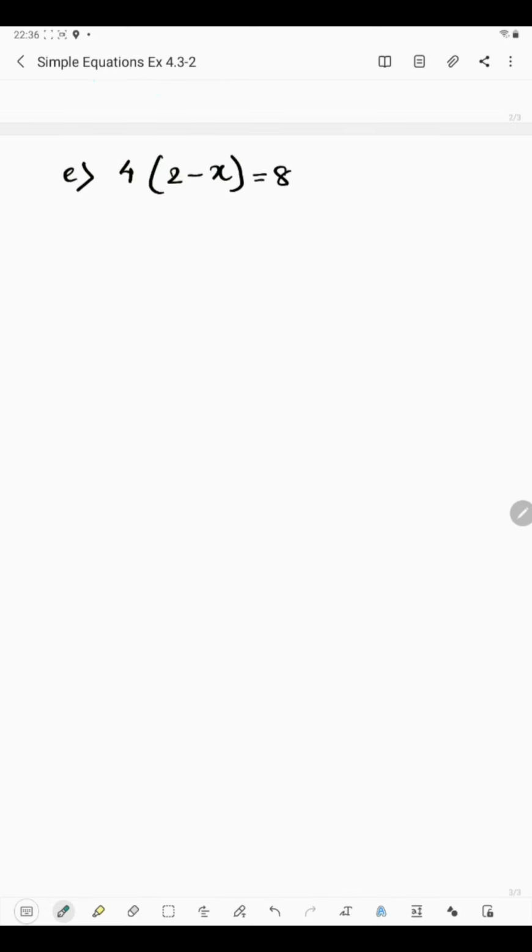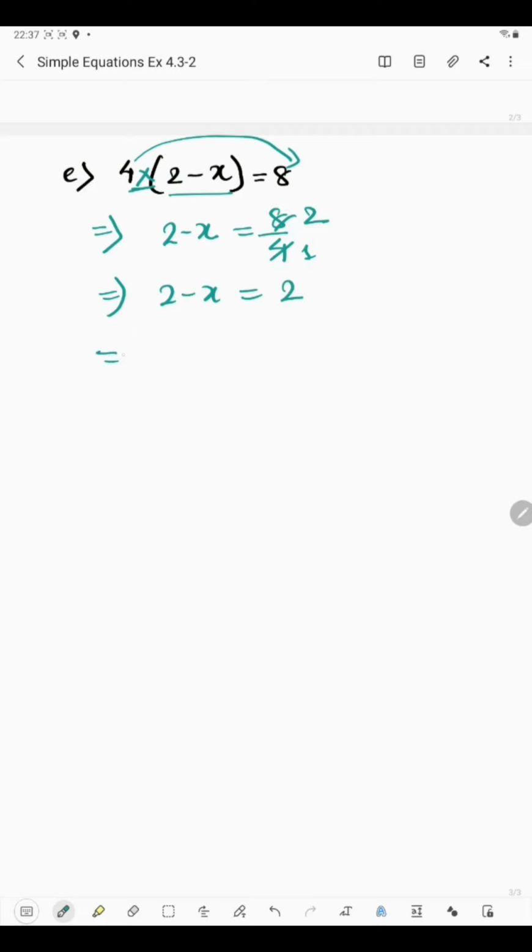Now in the last part we have 4 multiplied by 2 minus x is equal to 8. So 2 minus x will remain the same, as this is given in multiplication form. So after coming to the other side, it will be division. So 8 will be divided by 4. Okay, so 2 minus x is equal to 4 ones are 4, 4 twos are 8. 2 by 1 means 2. Now minus x will remain the same on the left hand side and 2 will be on the right hand side.